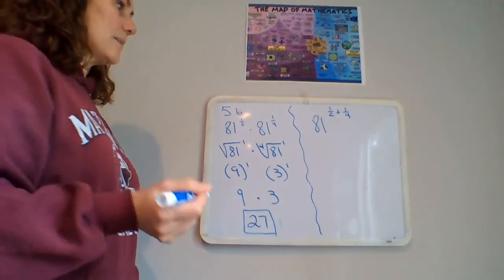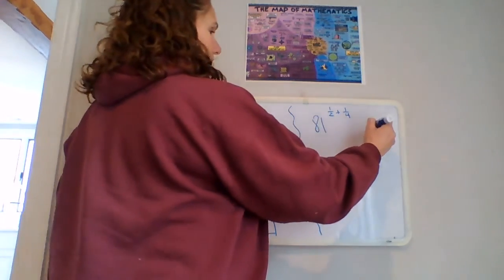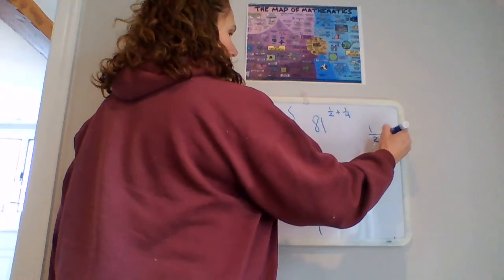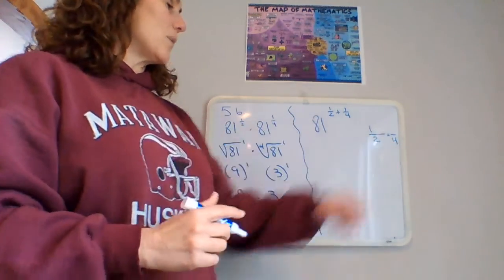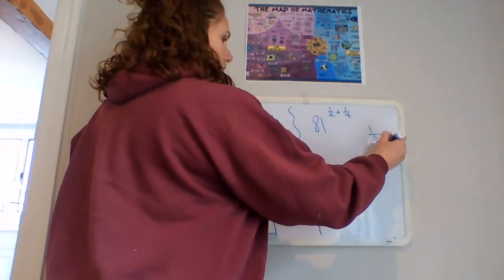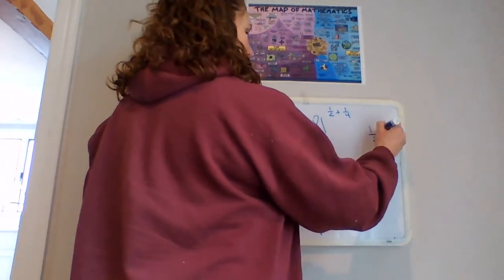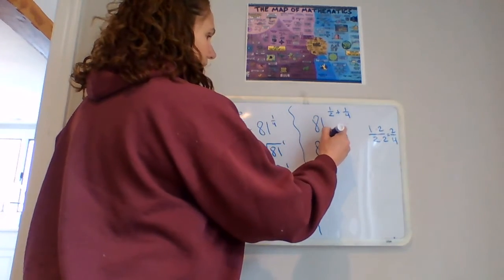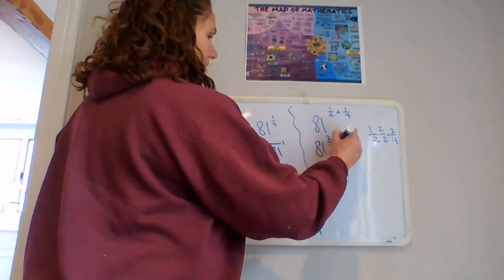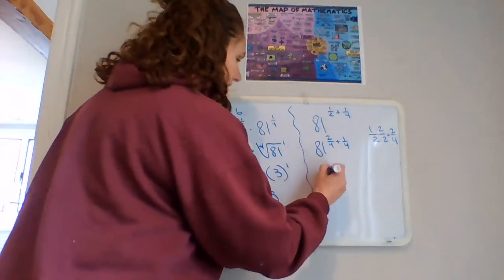Then you need a common denominator. So you want 1/2 to turn into something with fourths. I have to think 2 times what makes 4, and that's 2. But if I multiply by 2 in the denominator, I have to multiply in the numerator, and I get 2. So this becomes 81 to the 2/4 plus 1/4, and that is 81